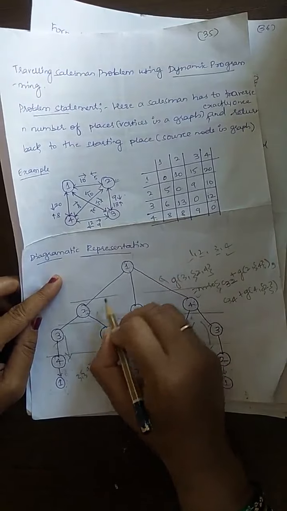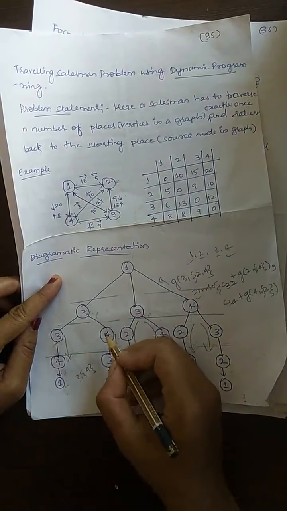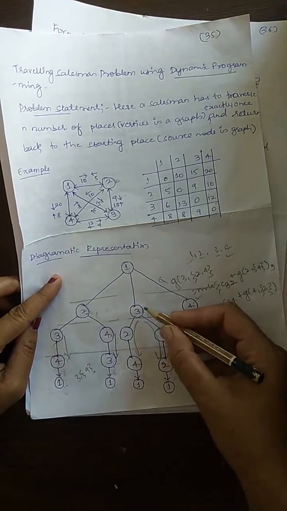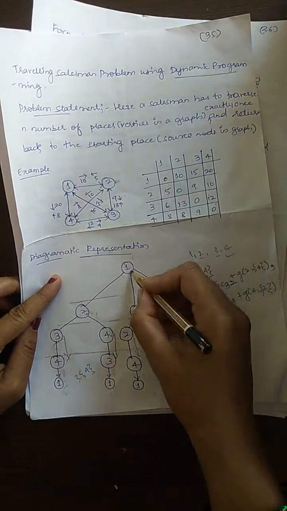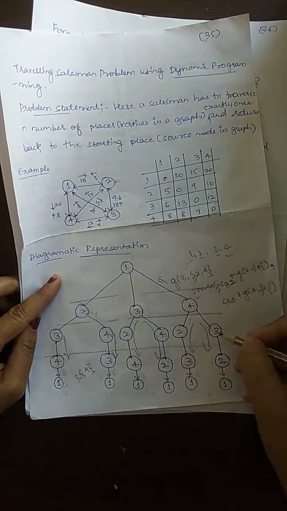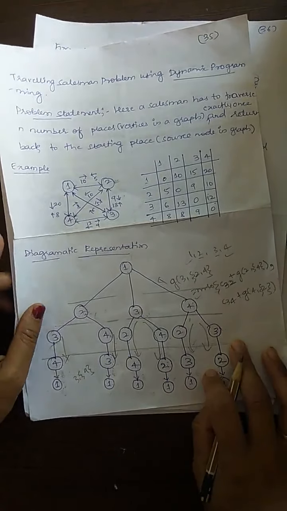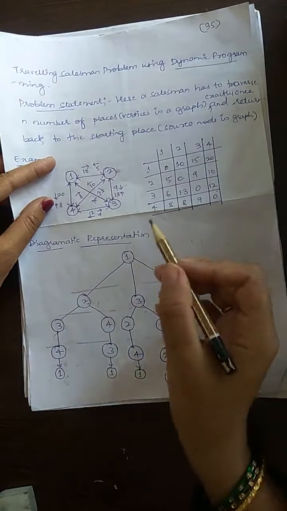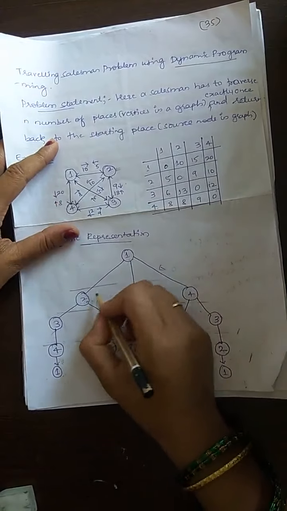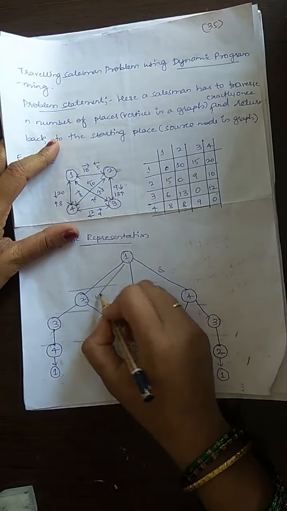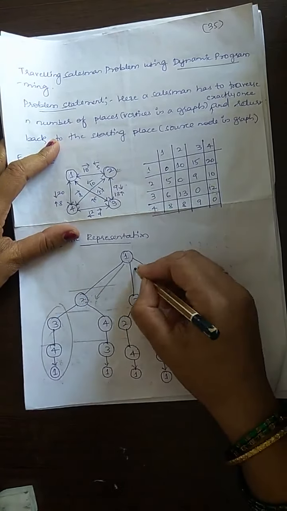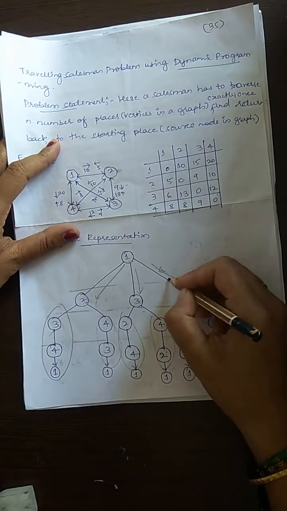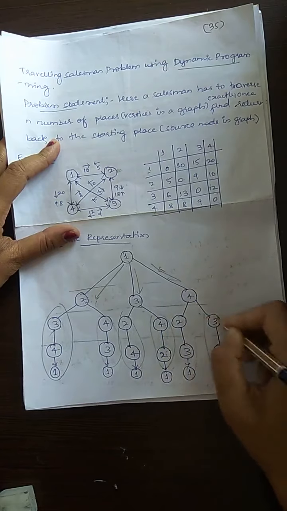I am here at 1, and 2, 3, 4 are remaining. I have come here 3 2 4 or 3 4 2. I have come here 4 2 3 or 4 3 2. So these are remaining. So how to find this? Let us see now. I have reached 1 here, 1 to 2 and remaining, 1 to 3 and remaining, 1 to 4 and remaining. Like this we have to find.